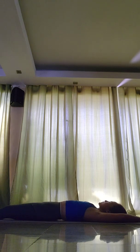Now put your fingers facing you. Externally rotate again your arms, so your bicep is going to be facing forward and your elbow is going to be facing back. And you're going to lean back